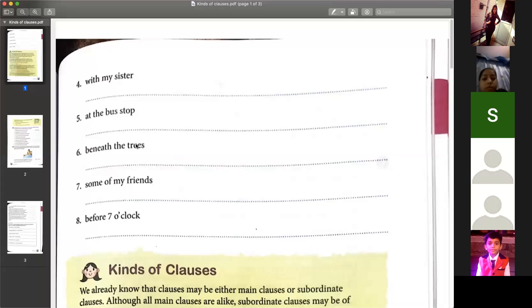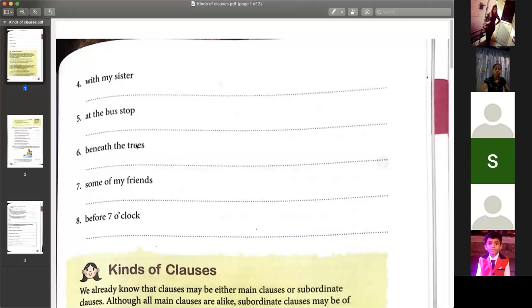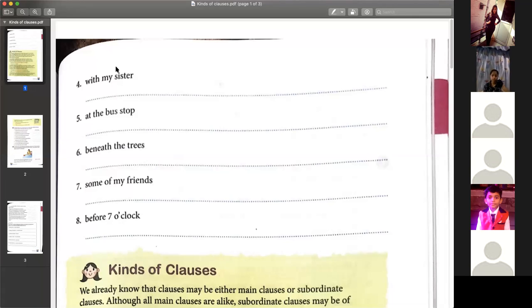Alright. Good morning, everyone. Once again, I hope kinds of phrases is clear to everyone now. I'll just repeat. We have three kinds of phrases: noun phrase, adjective phrase, and adverb phrase. What are phrases? As we have already discussed, phrases are a group of words without a verb in them. Now we just have to identify whether what is given in the sentence is a noun, adjective, or an adverb. Accordingly, it will be that kind of phrase.